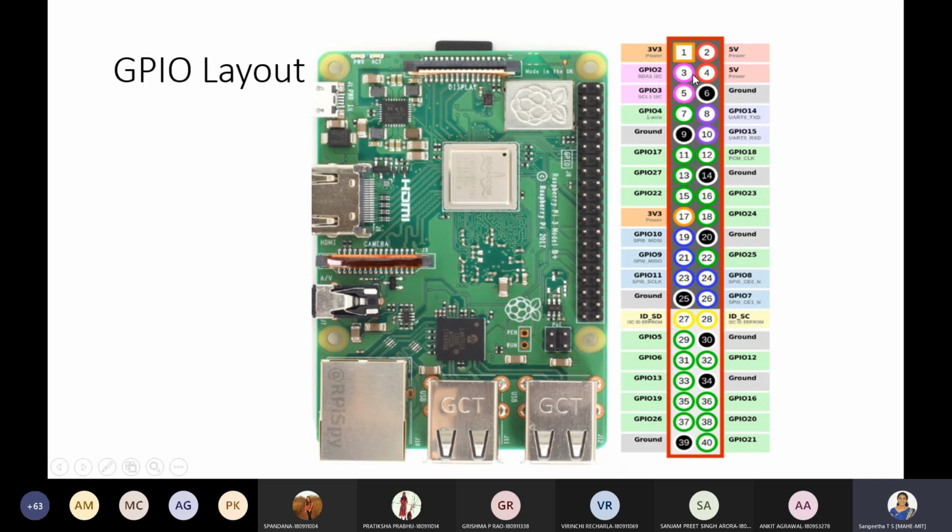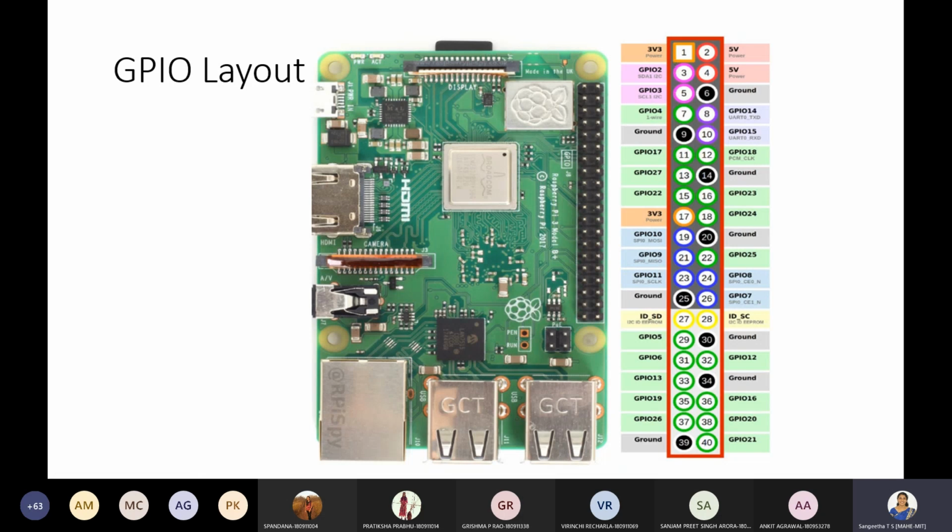The purpose of this pinout diagram is that whenever you are writing your program, you can make use of these pin numbers, and you can specify which pin you are going to configure as an input pin, or which pin you are going to configure as an output pin.